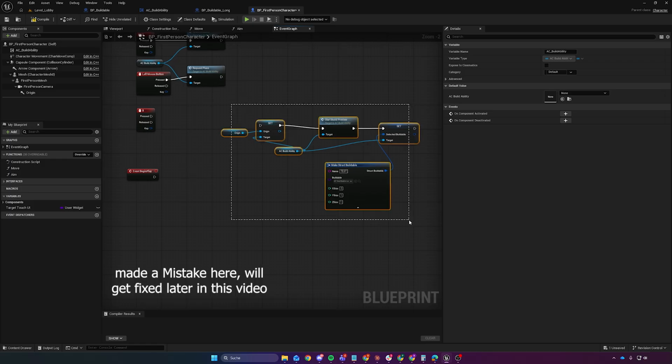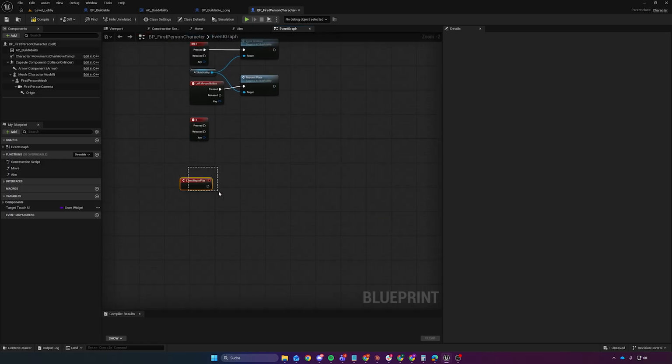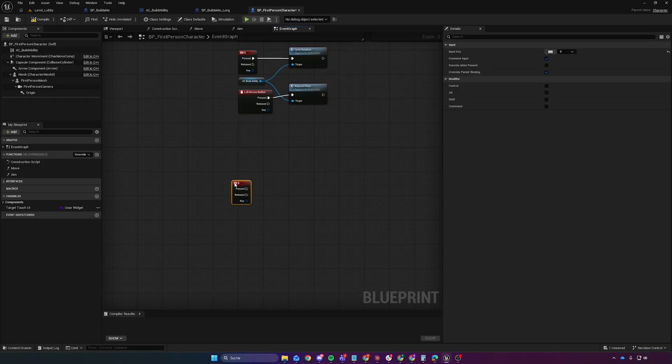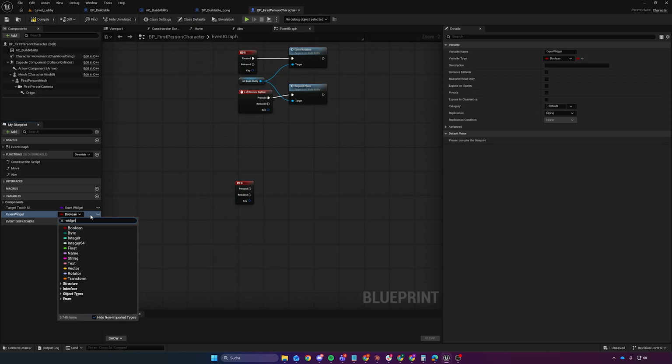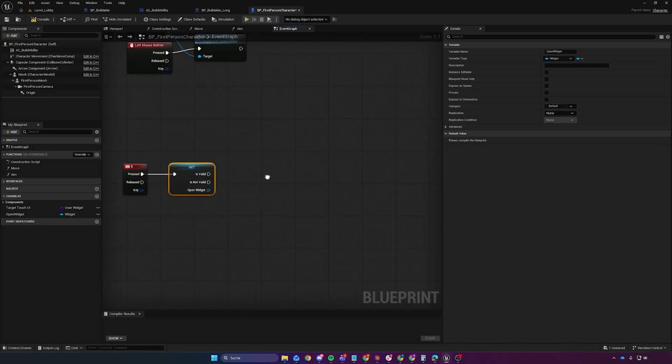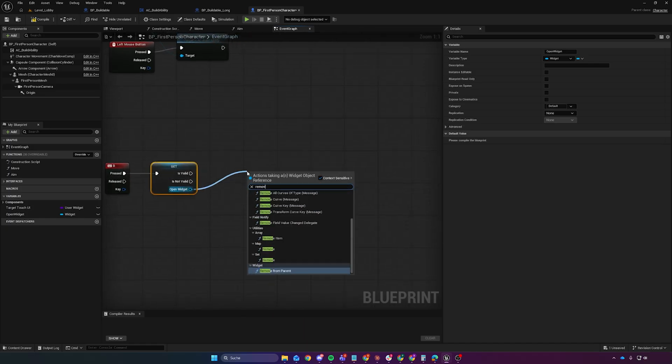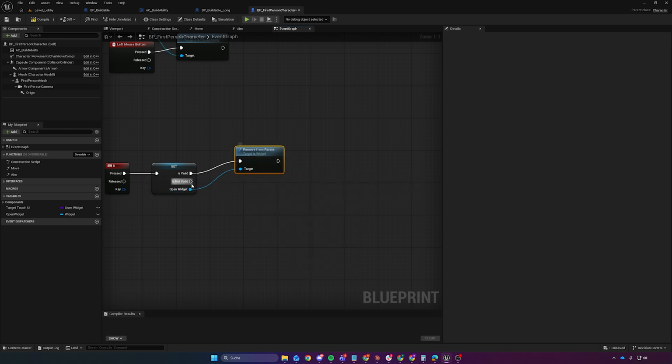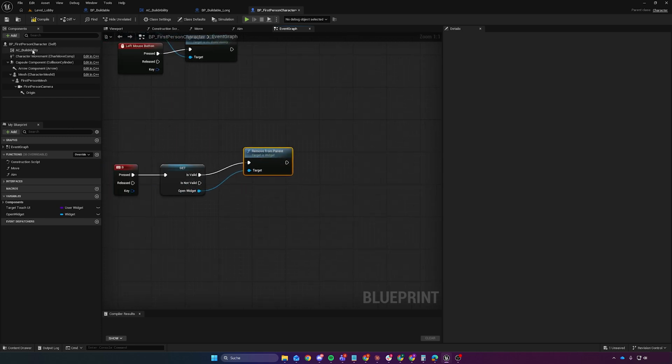So let's just delete that, and in the begin play we can actually also delete that, but on build we're going to first create a variable which will be called open widget, and that will be of type widget object reference, like so, and we're going to get, right click, convert to validated get, pressed. If it's valid we want to remove from parent, and then we want to